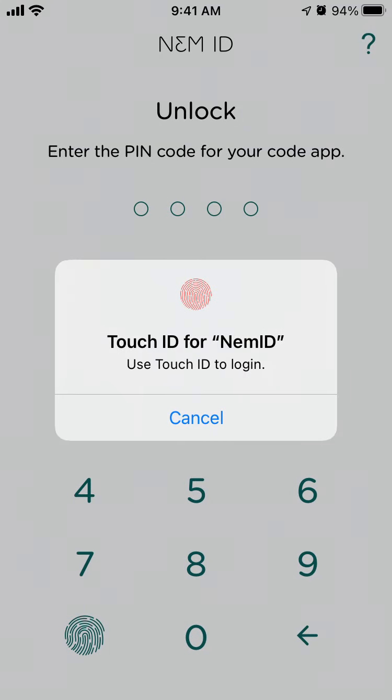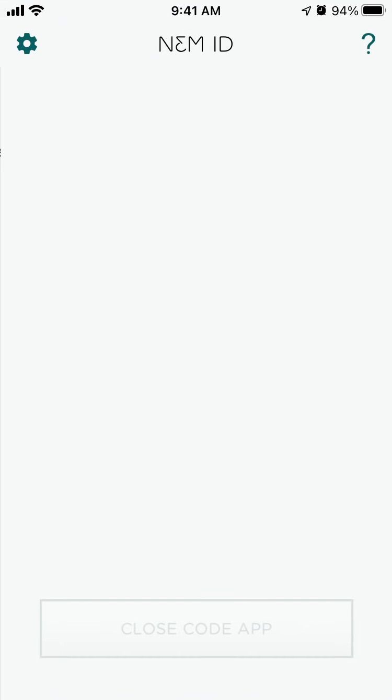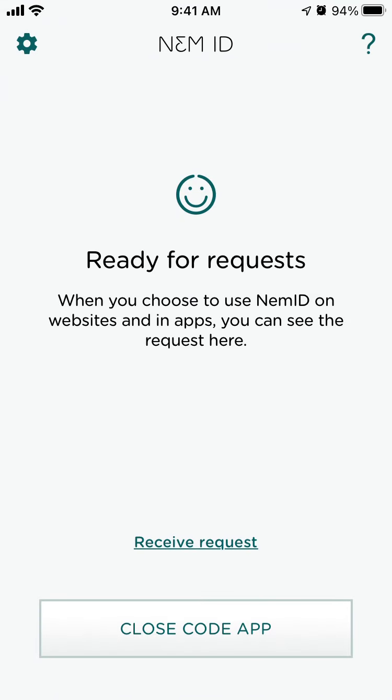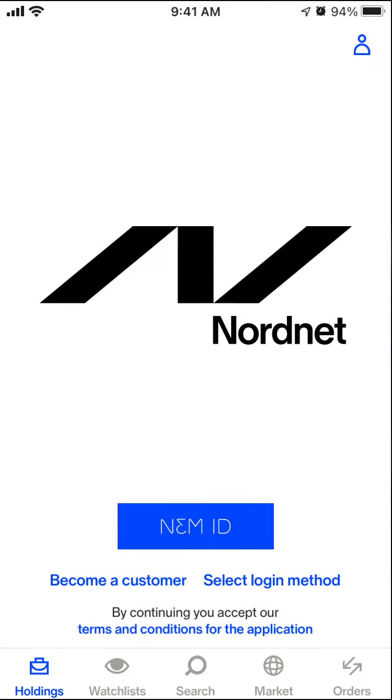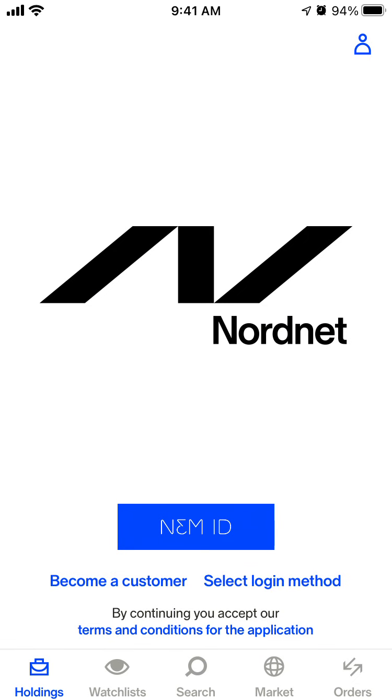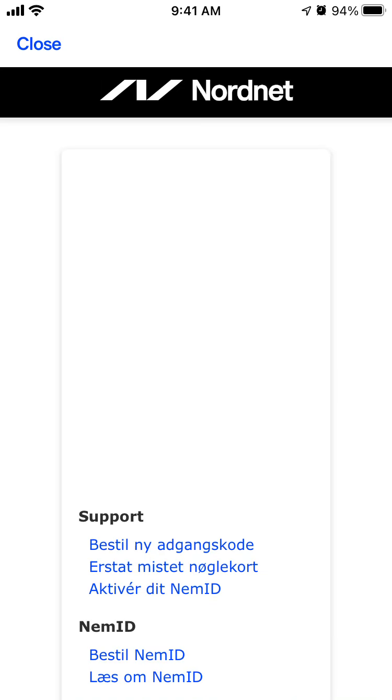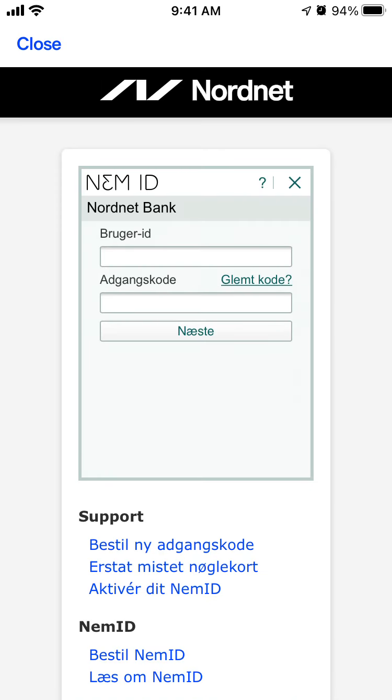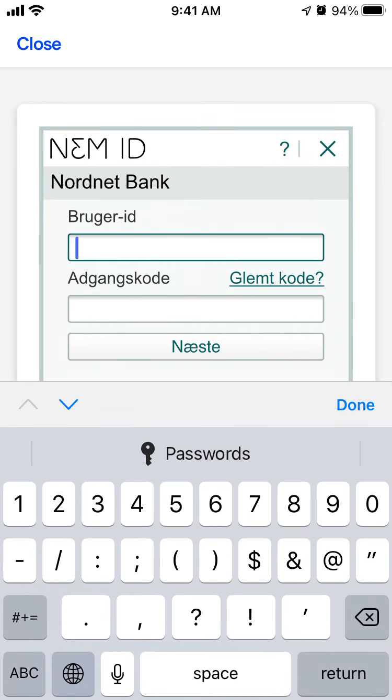So here is the app. You can log in with Touch ID to the app. Nothing happens. But for example, if I want to create an account in Nordnet or log into borger.dk or something, I just tap here. And I need to log in with my CPR and then